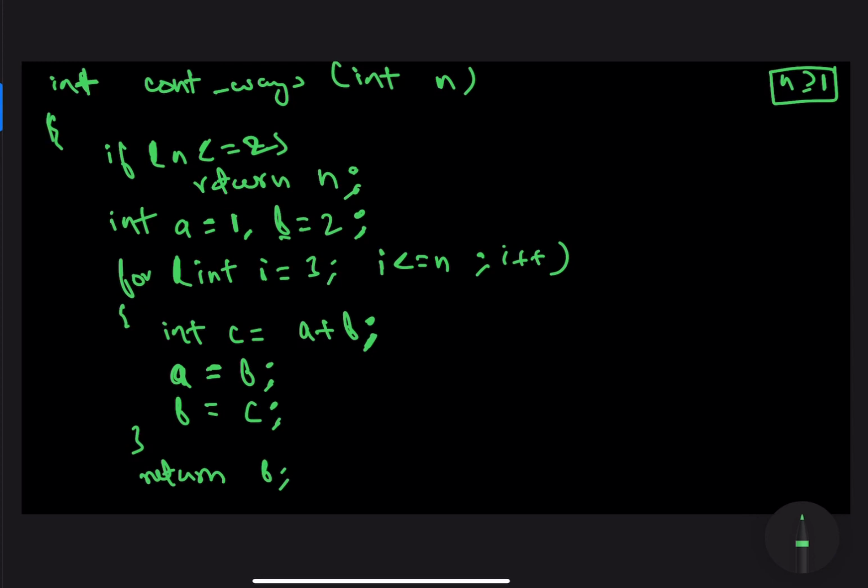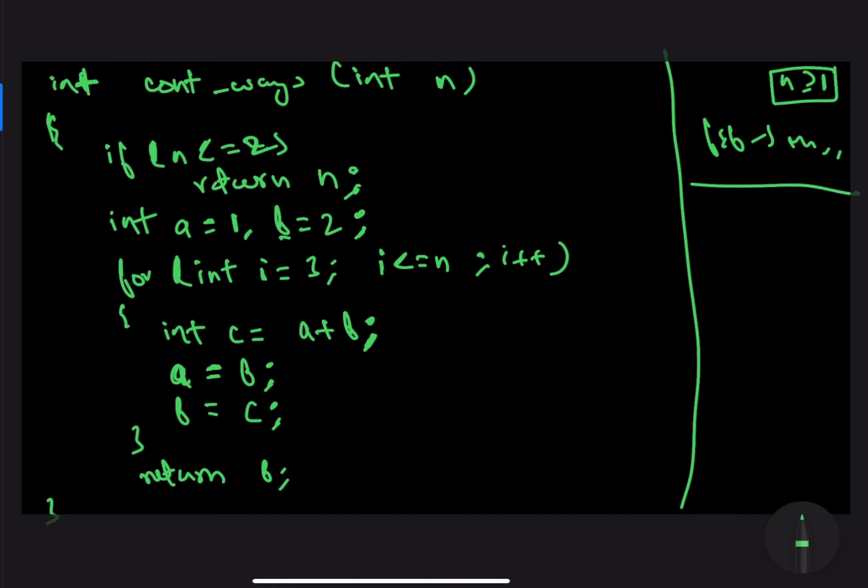b. All right, now just for those who are having doubt, for those who actually know the fact that the series will be exponential, actually Fibonacci series grows exponentially. So for large values of n, the integer c, or integer a or integer b, will not be able to hold the value of this Fibonacci series, or the series that we are calculating right now. So in such cases, in the problem, it's actually specified to find the value